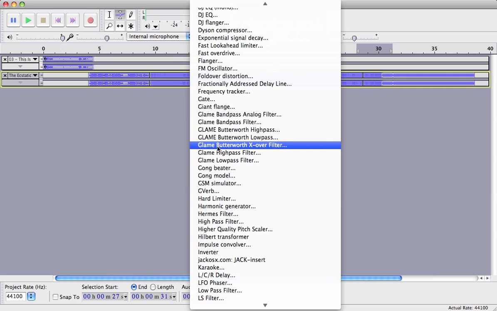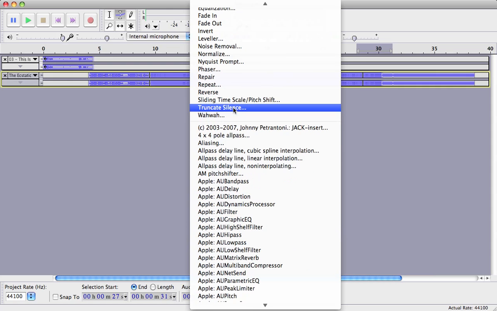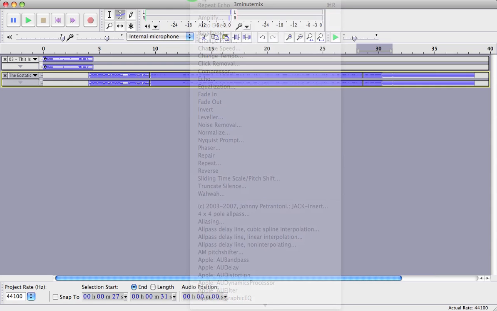I think I have another reverb one called G-Verb. I'm not sure if that's available on the other machines or not. So all of those are worth playing around with. This tape delay, I haven't been able to get it to do what I wanted. But again, any of those kinds of effects that you see, echo, delay,